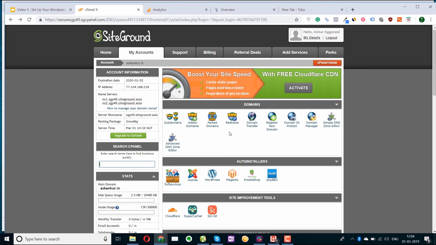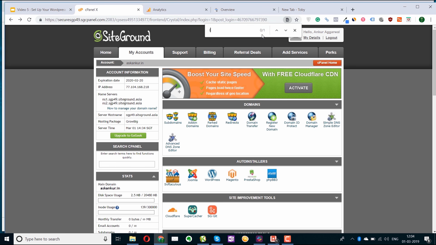So the first step is to install the SSL certificate. Whenever you use a website, you'll see that instead of HTTP, you'll see HTTPS. This is the security protocol. So first we'll install the HTTPS certificate on our website. And the best part is SiteGround offers it for free. Other hosting providers charge a monthly fee for this. So you already get an SSL certificate for free.